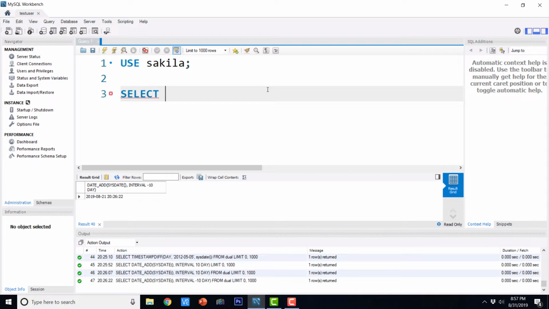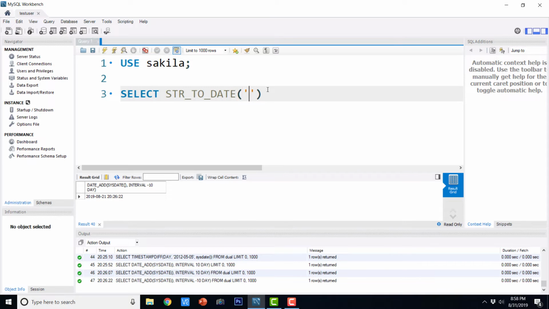Select STR_TO_DATE. So this is going to convert a string into a date, and the first argument is the string and the second argument is also a string, but it is the string related to the format.